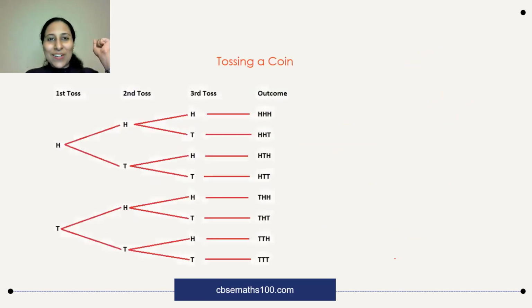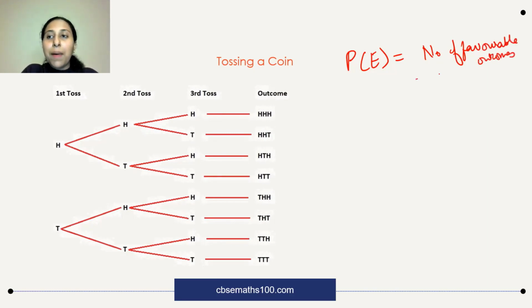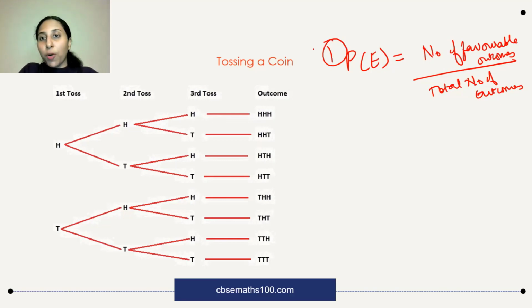Okay. All right. Last chapter, probability. 3 important discussions I want to do: tossing a coin, rolling a dice, and picking a card. These 3 important cases we'll discuss. Probability involves more number of questions, I know that. The most important formula for probability is the basic definition of probability, which is the probability of any event is the number of favorable outcomes to that event divided by the total number of outcomes. So this is one important point which I want you to remember with respect to probability.